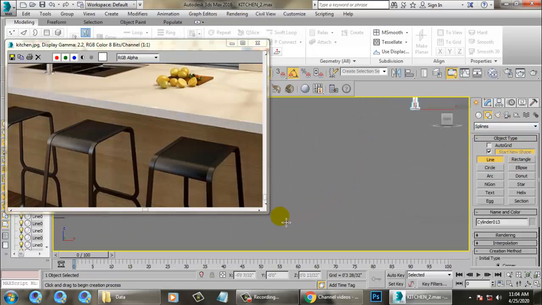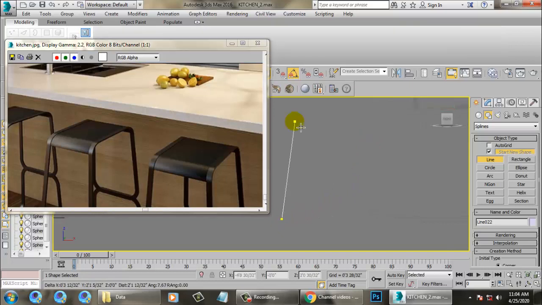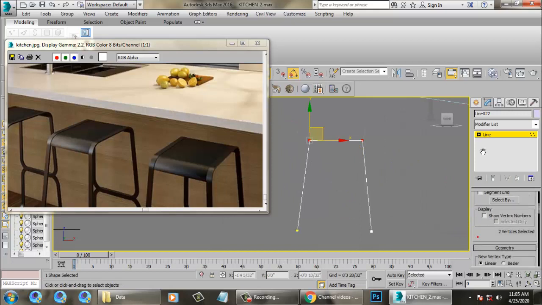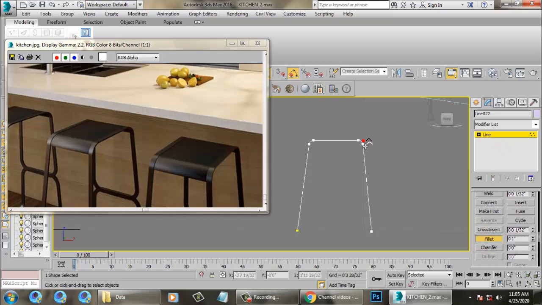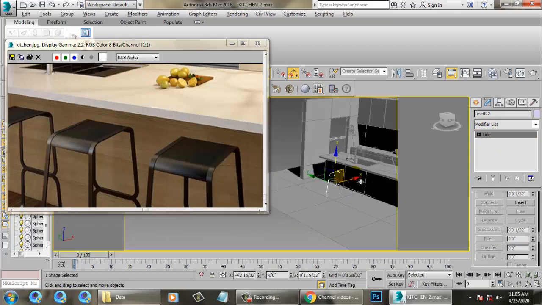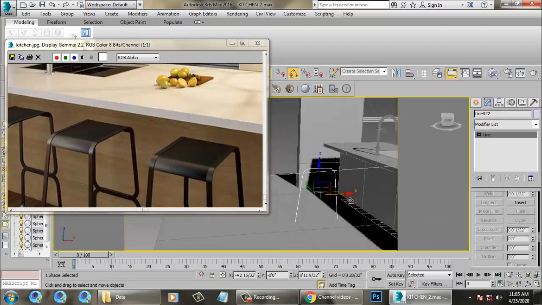Let's push this up in this way. Select the vertices and give a bit of fillet to it. That's it. Once you're done with this, I'll push this over here.